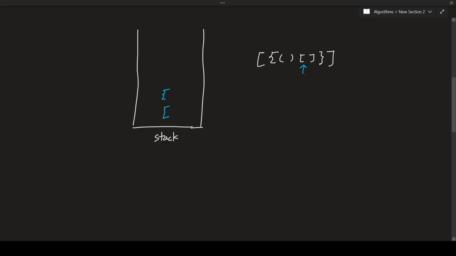This is again an opening bracket, so we push it on the stack and move to the next character. Now we have a close square bracket, so we need to check if the last open bracket was its corresponding opening bracket or not, and it was indeed, and therefore we pop it out from the stack. And the same goes for this one and this one, all are matching with the top of the stack. So finally our input string is exhausted and our stack is empty,